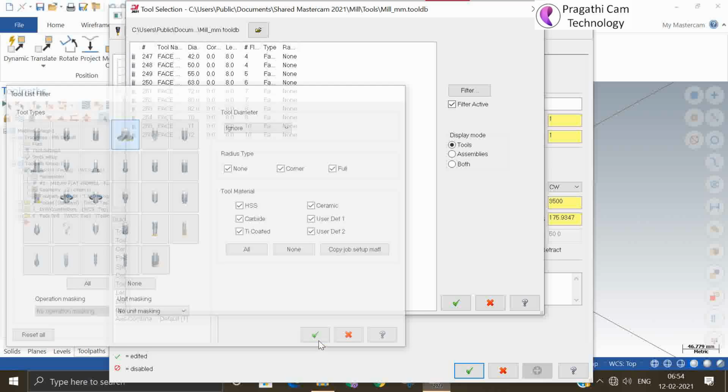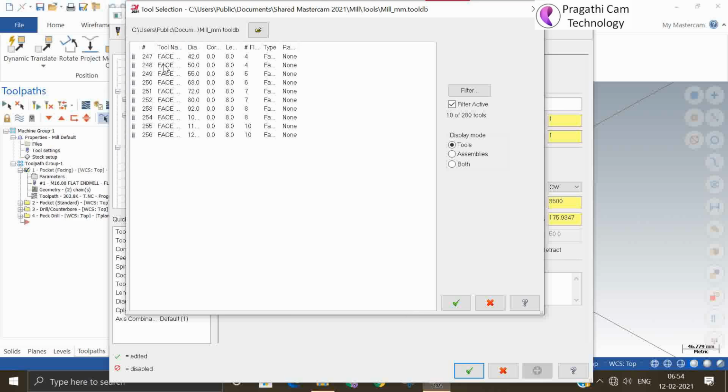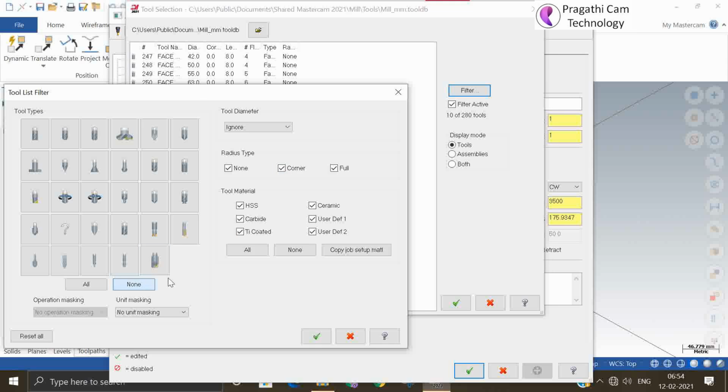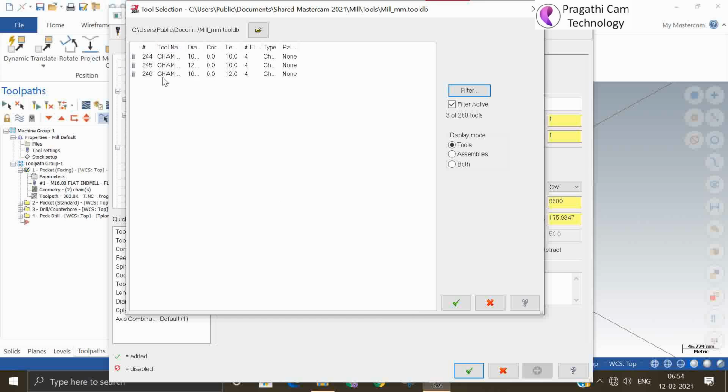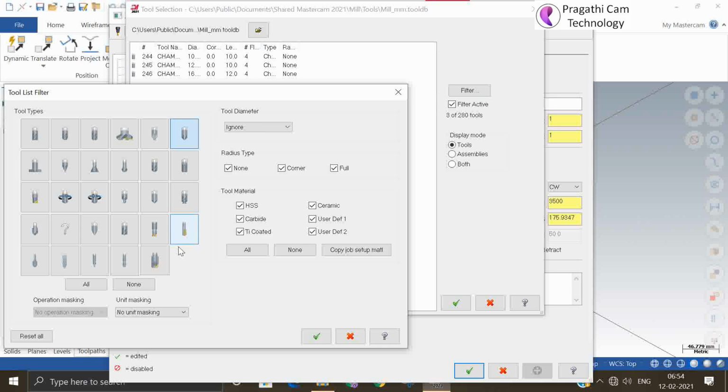So what are all the face tools available in this library? It is visible to you. Again make none. Select chamfer tool. These are the chamfer tools available. The reason for this filtration is that it is easy to take a particular type of tool.